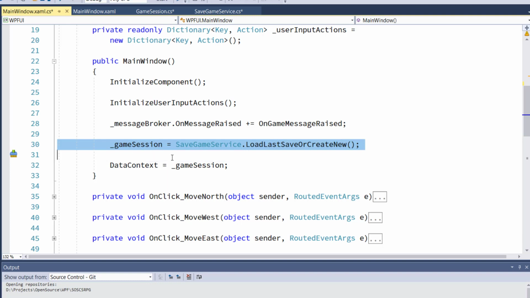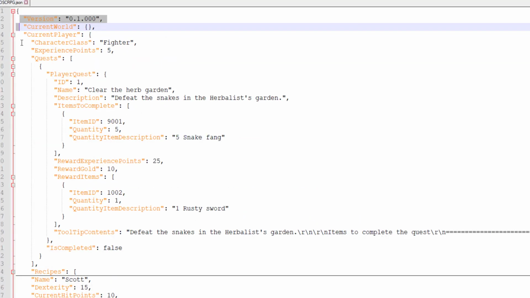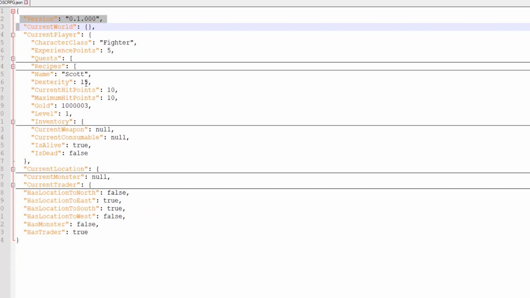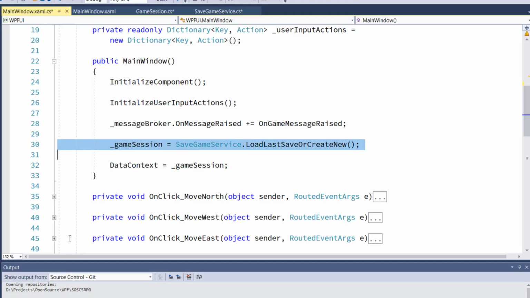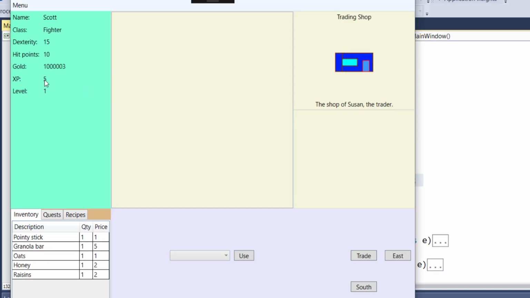So let's take a look at how this runs. But before we do that, let's look at the last save game data I have. So we see here the current player has 5 experience points, a dexterity of 15, and 1,000,003 gold. If we run the game, we see that the player has 5 experience points, 15 dexterity, and 1,000,003 gold. And the last location I was at was the trading shop. So let's go east to the fountain, exit out of the game,